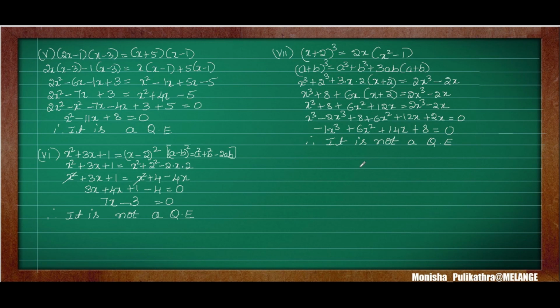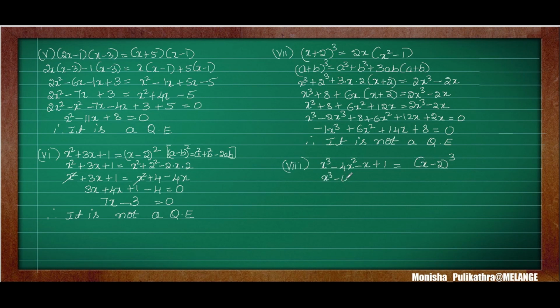Moving on to the last problem of the first main. In the first main there are 8 sub questions, so this will be the last sub question. That is x³ − 4x² − x + 1 = (x − 2)³.